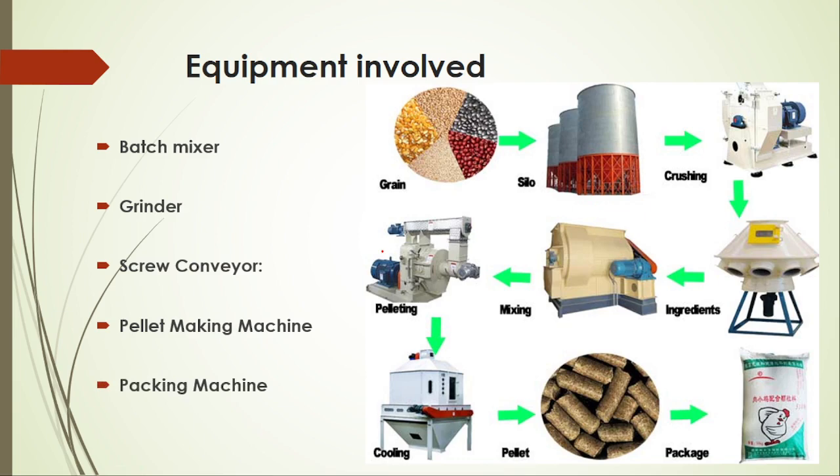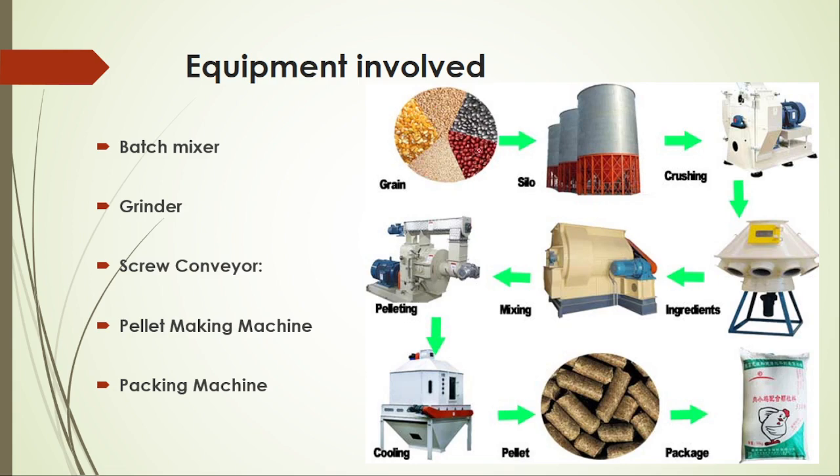These packing machines are automatic weighing and packing machines which support the process of precise weighing and packing of animal feed pellets. The machines weigh the product with accurate measures and fill these in gunny bags. So this is the working of these equipments, and in this picture you can see here